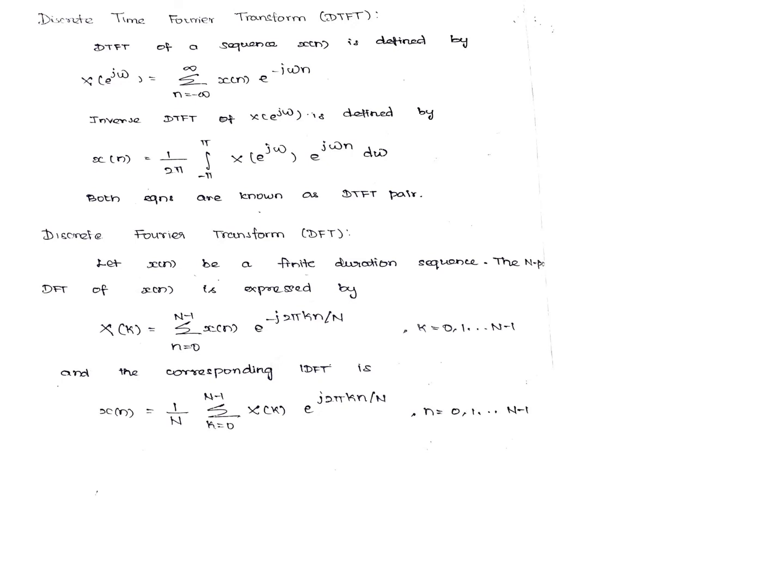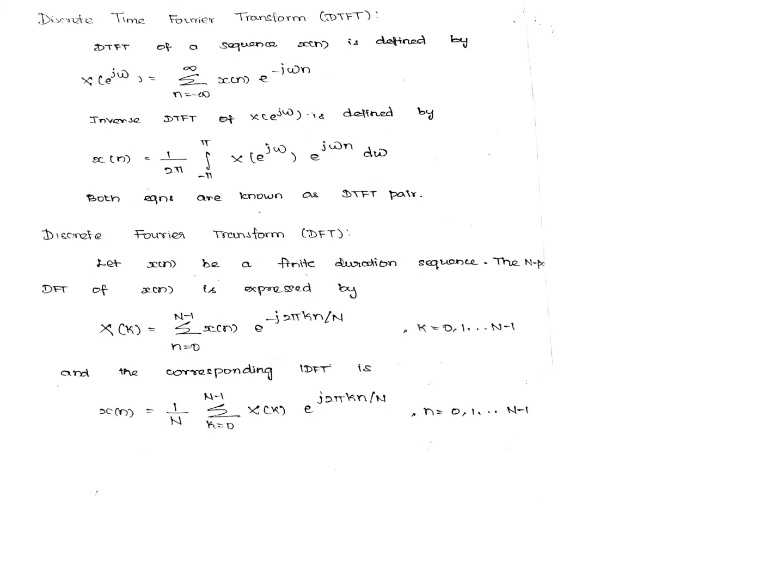And the discrete Fourier transform is defined as follows. Let x of n be a finite duration sequence. The N-point DFT of x of n is expressed by X of k. Here DFT will be represented with X of k and DTFT will be represented by X of e power j omega. Now X of k is equal to summation n is equal to 0 to N minus 1 x of n e power minus j 2 pi k n divided by capital N, where k varies from 0 to N minus 1. And the corresponding IDFT, inverse discrete Fourier transform, is x of n is equal to 1 by N summation